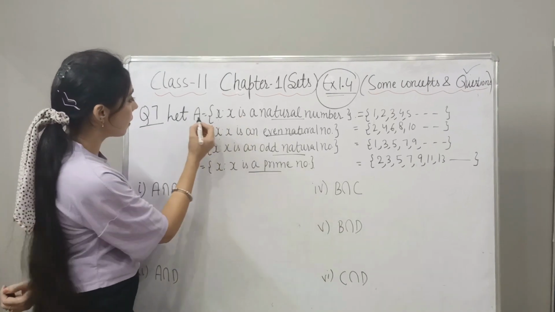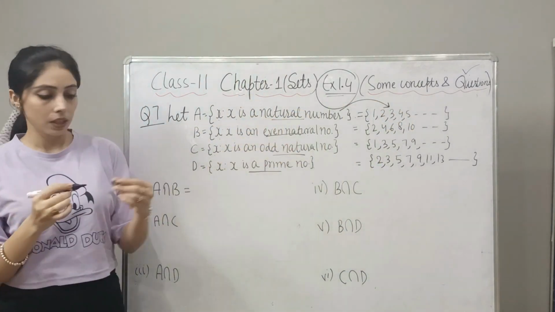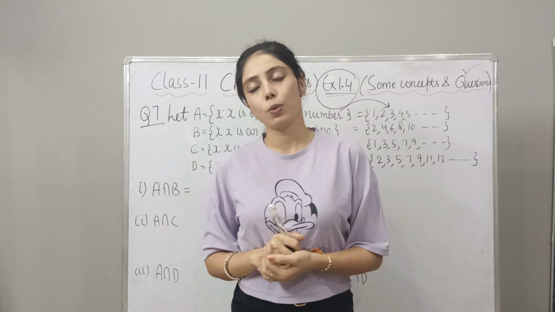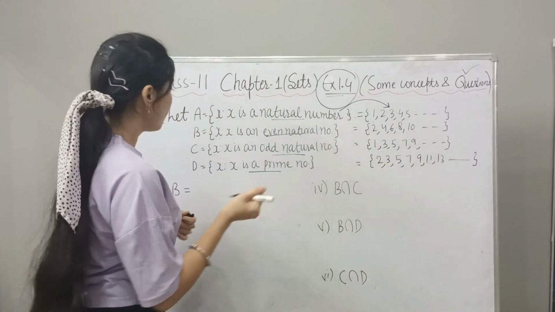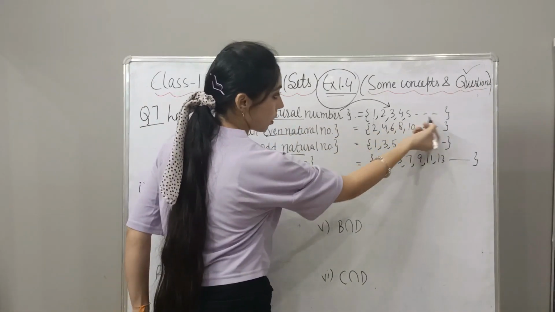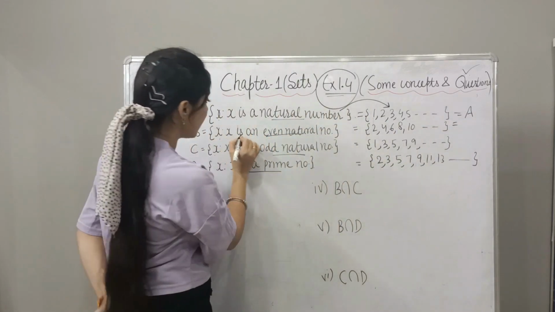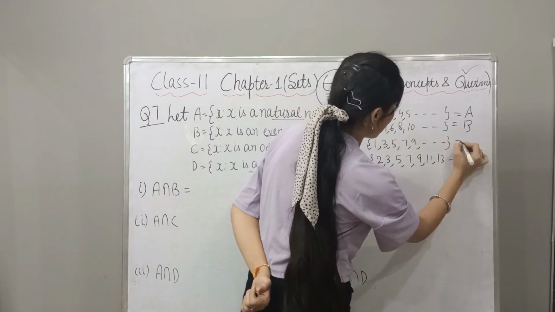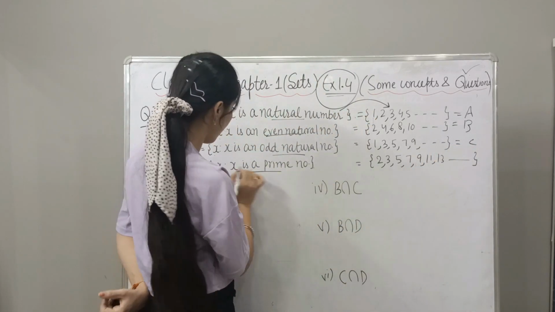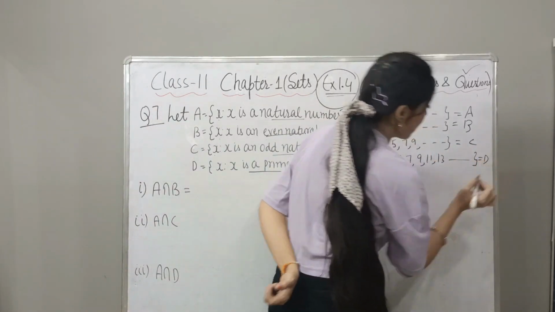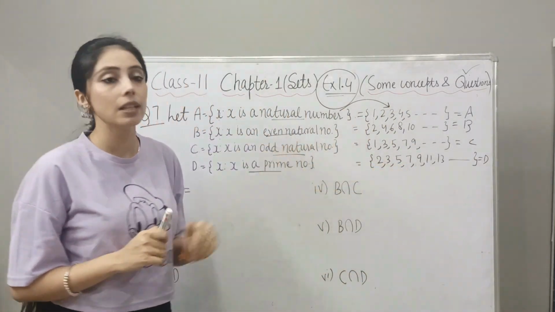Okay, you know that this is a set builder form and we can build a set by using this. You can check the previous videos, we have already explained all the concepts of this chapter. So natural numbers are 1, 2, 3, 4, 5 and so on. So this will be set A. All the even natural numbers, this will be set B, and all the odd natural numbers, this will be set C, and all the prime numbers, this will be set D. You all know how you can build a roster form by using a set builder form.